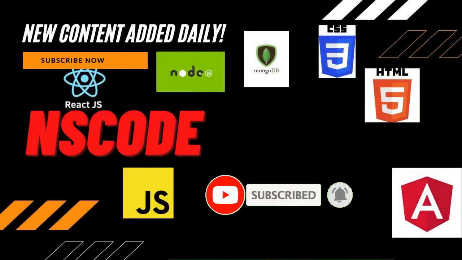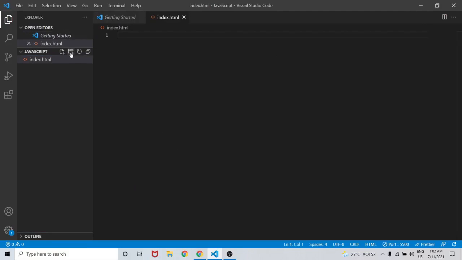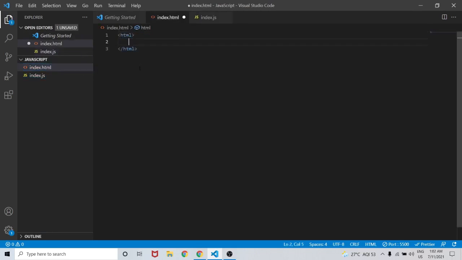Never miss an update. To explain the difference between var, let, and const, let's create an index.html and index.js. Now we will make a simple HTML markup in index.html. So this is a basic markup that we are creating. Inside the script, we will pass the source with our index.js file.